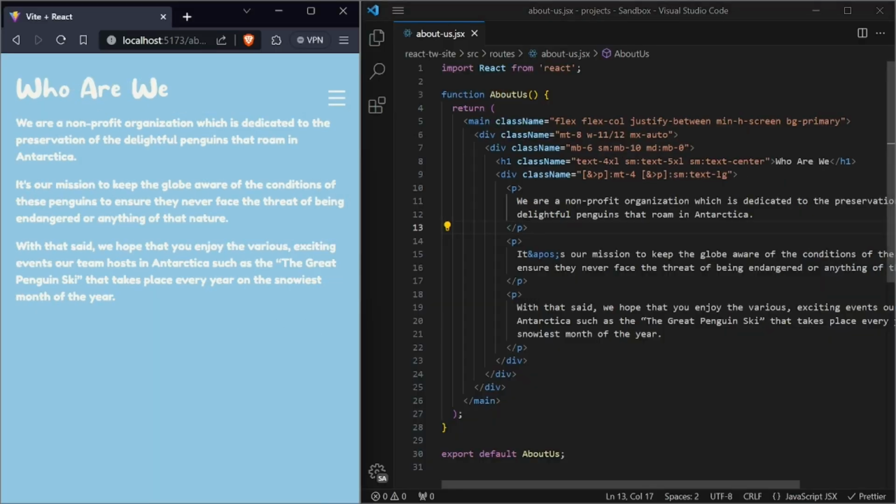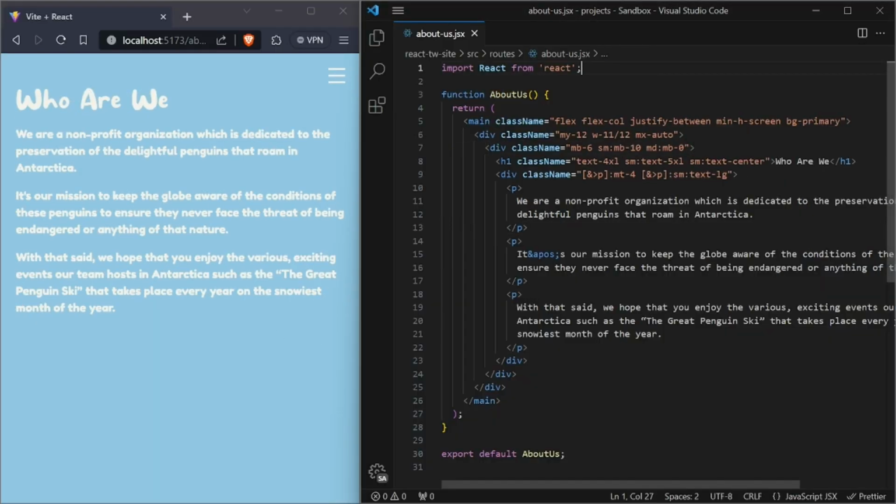Fantastic. There is also a card which displays some fun facts which we want to add as well,